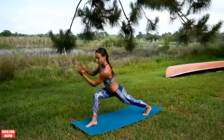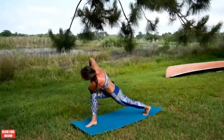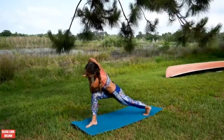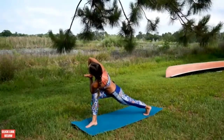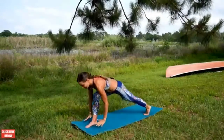Or if you would go with me, take the hands up front of the heart and revolve it all the way. Palms pressed equally nicely into each other and elbows stacked. Back is long and extended. And just finding this balance, stability, connection with the earth. Let's take the hands